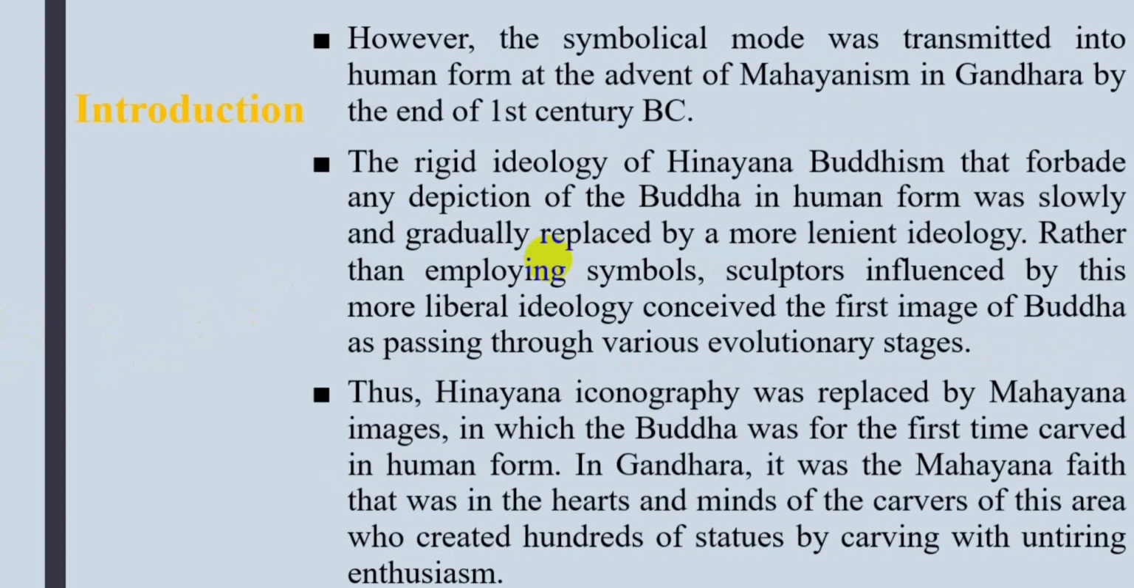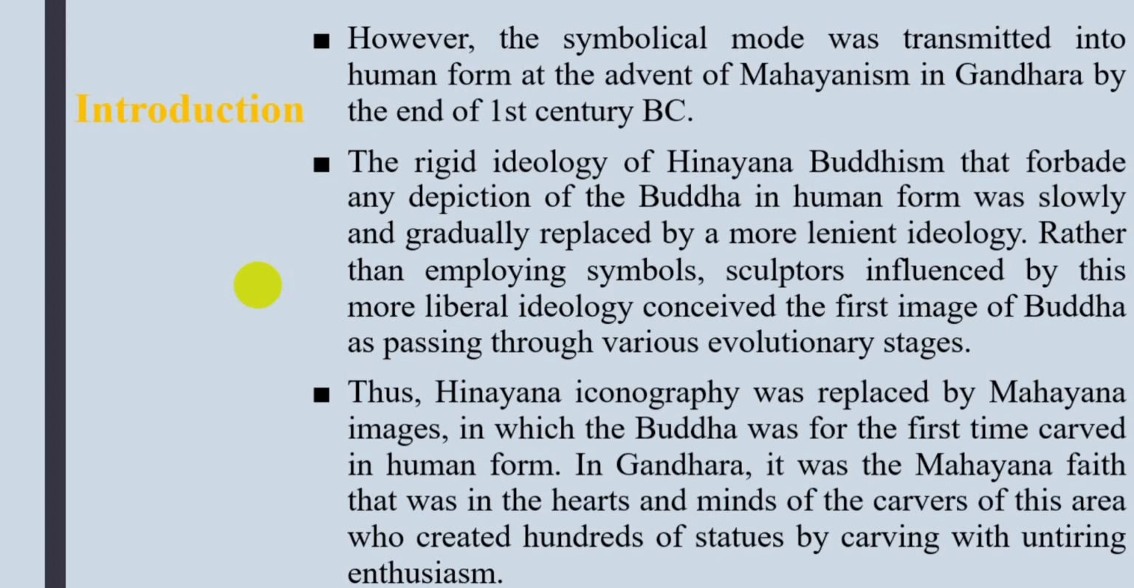After that, the symbolical mode was transmitted into human form. When Mahayanism was introduced around the end of the first century BC, the rigid ideology of Hinayana Buddhism, which forbade any depiction of the Buddha image in human form, was now slowly and gradually replaced by